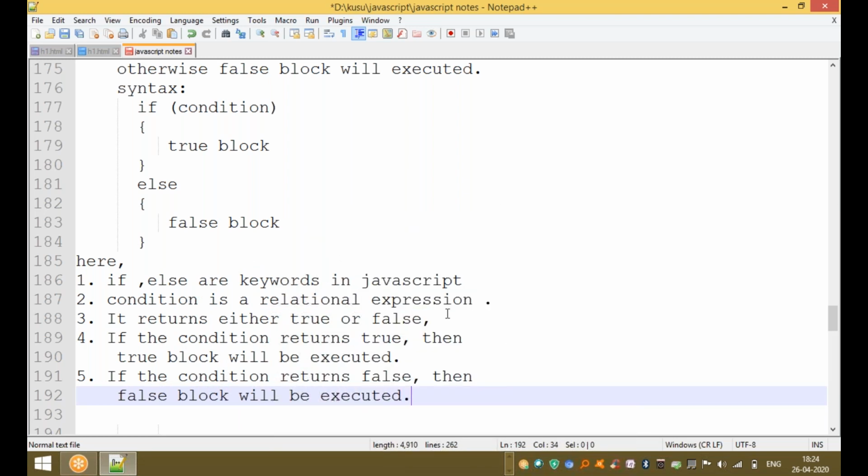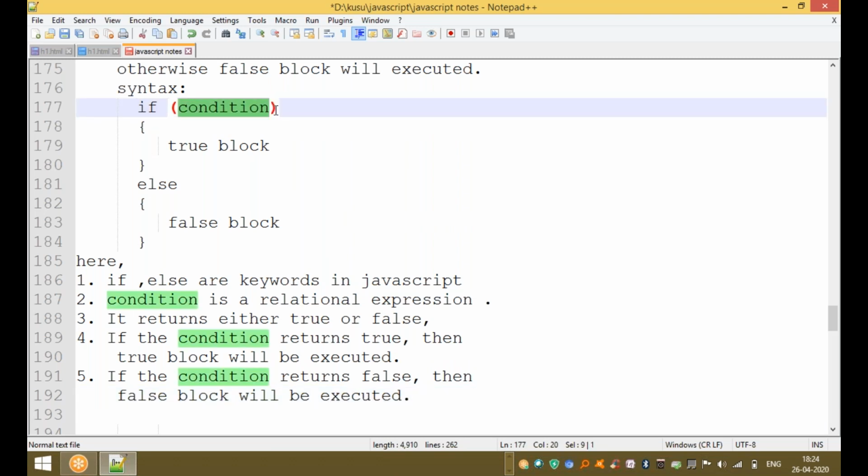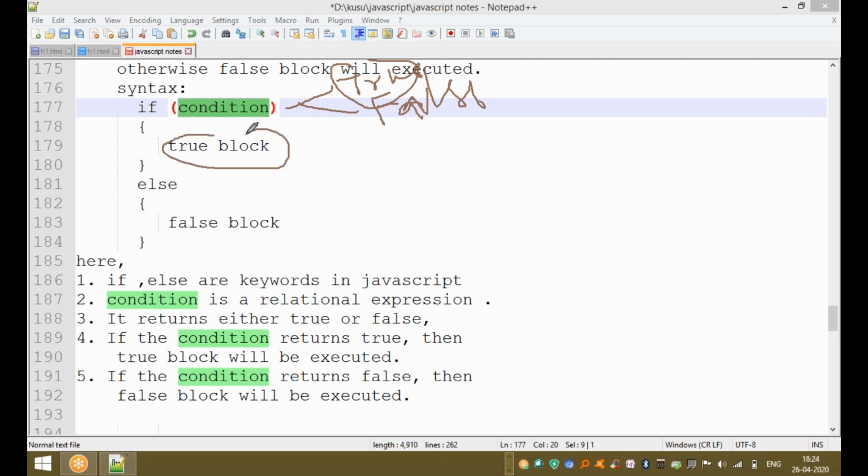Clear? The false block will be executed. This condition returns either a true value or a false value, any one value only. If this condition returns true, then this block will be executed.